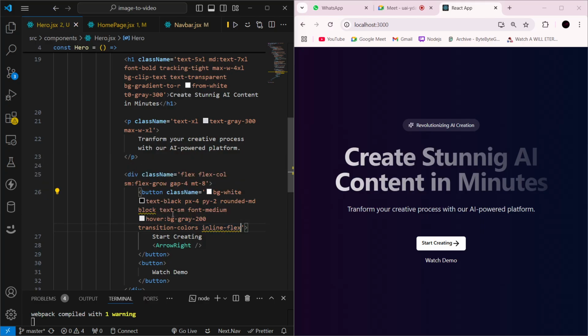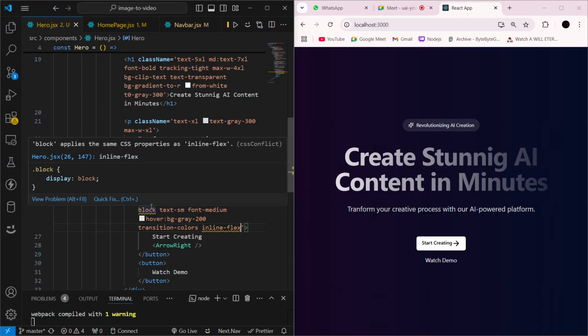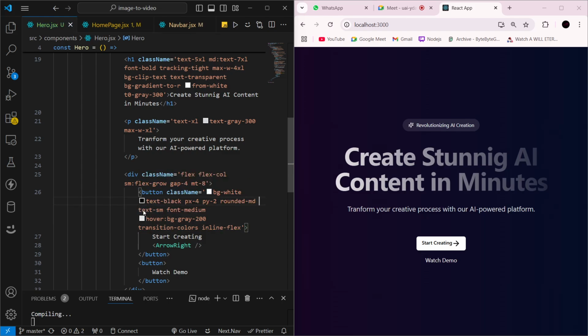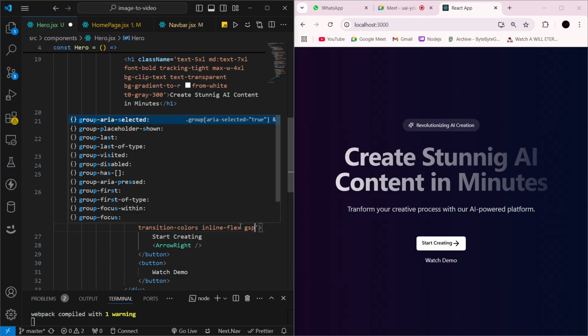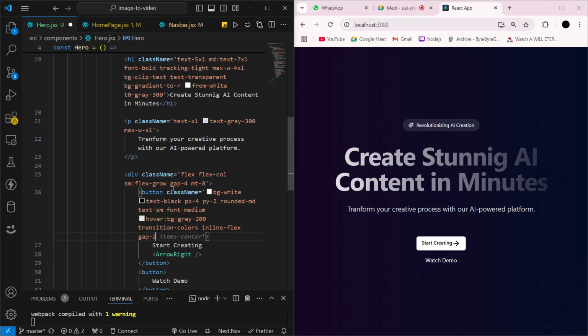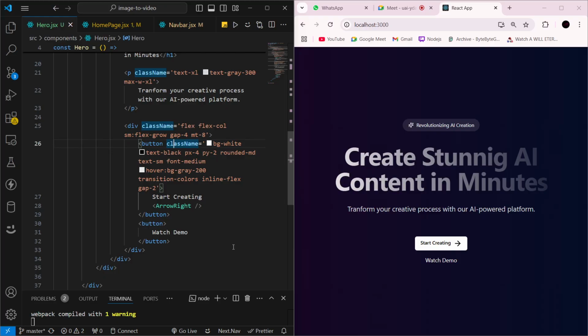Okay, what is the problem here? Remove this block. Then flex. So I'm going to add some gap, okay? Gap of 2. Okay, now it's looking good. And also let us see. Okay, so it's done. It's looking good. And we are going to do the same thing for this watch demo also, simply copying